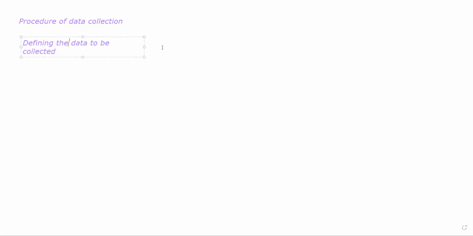So first you are defining what kind of data you are looking for, okay. Every researcher needs to identify and clearly define what type of data they are looking for, what type of research they want to do. That is the first step, okay. Then